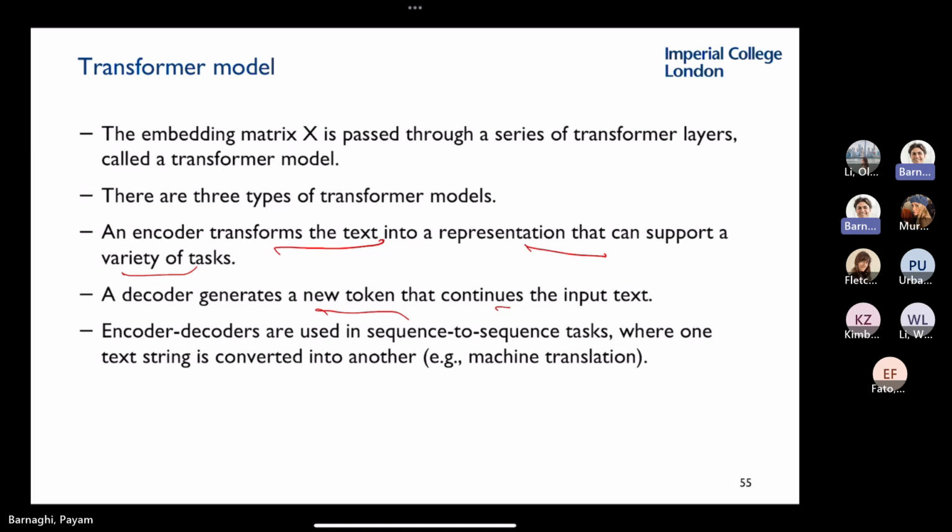There are also encoder-decoders, which are used for sequence translation. They are used, for example, for translating from English to German, or German to French, and this is how Google Translate and lots of other models work. Basically, they use the translation. I'm not going to go into the discussion.